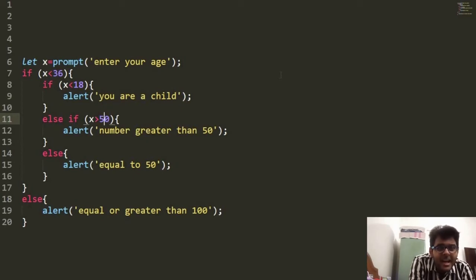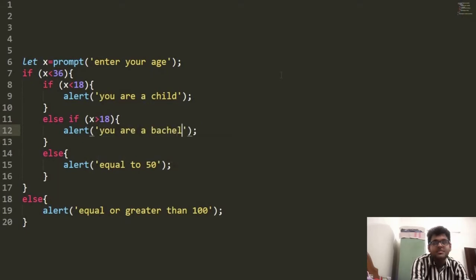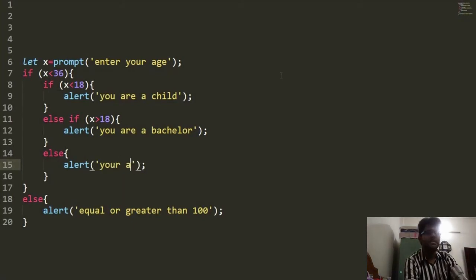Else if x is greater than 18, you are a bachelor. And else, your age is 18.